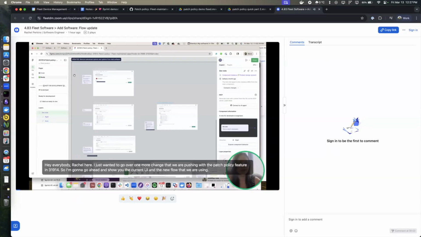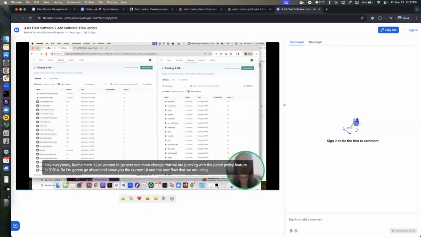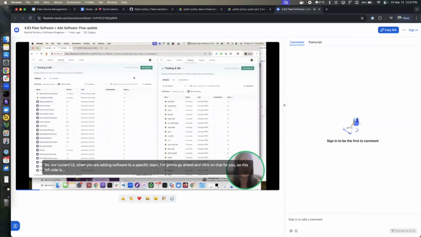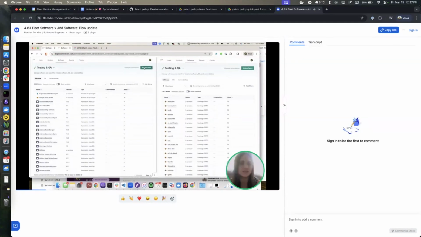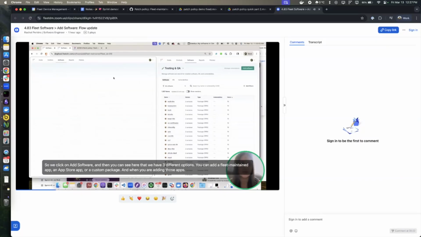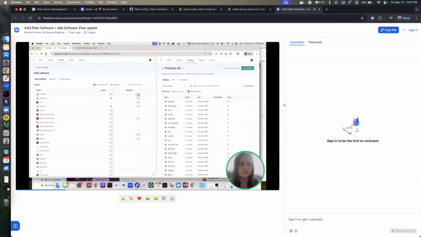Hey everybody, Rachel here. I just wanted to go over one more change that we are pushing with the patch policy feature in 31914. So I'm going to go ahead and show you the current UI and the new flow that we are using. So our current UI, when you are adding software to a specific team, I'm going to go ahead and click on that for you. So this left side is 4.82 and prior. So we click on add software, and then you can see here that we have three different options. You can add a fleet maintained app, an app store app, or a custom package. And when you are adding those apps,